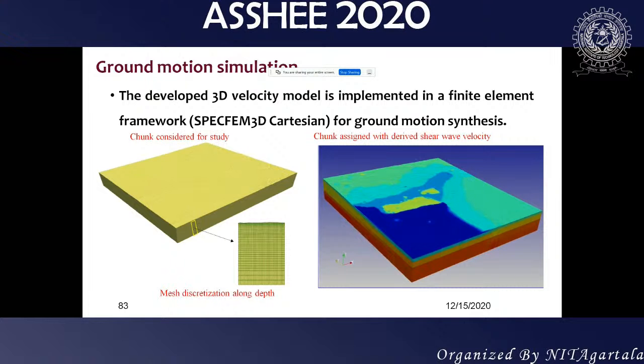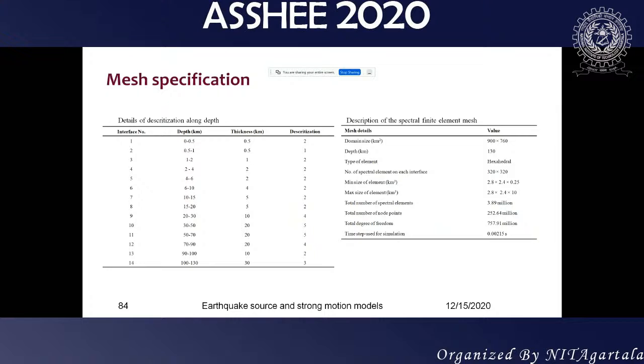It's a spectral finite element model for ground motion synthesis in northeastern India. You can see this is our finite element model, and this is a zoomed version I'm showing you here. This is the finite element mesh, and you can see we have even modeled all the topography of the Shillong region, then Mikir Hills, then the Indo-Burmese Arc, as well as the Himalayan region, and we have assumed this 3D variation of material properties. Then we started simulating all these earthquakes. So these are the details of the meshes, how we have digitized, how we have done our meshing, and then the solver itself.